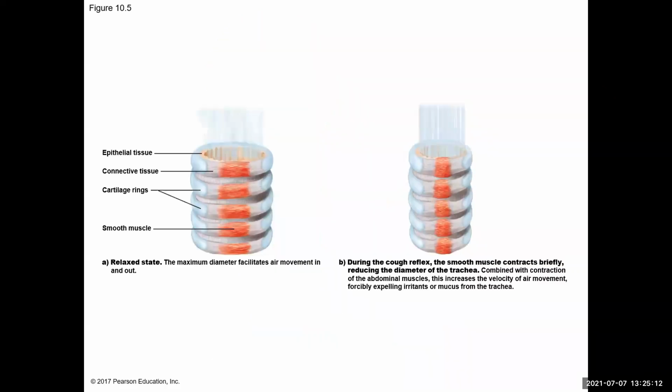And we can zoom into these cartilaginous structures, and you can see that here. You can see that smooth muscle connected with connective tissue to the cartilaginous C-shaped ring. Whenever you have to cough, like I mentioned, that smooth muscle will contract, like on the right-hand side, causing those C-shaped rings to reduce their diameter, and that forces the air out, and it allows you to cough and expel any foreign particles that may be trapped inside the trachea or inside the lungs, and to get those irritants